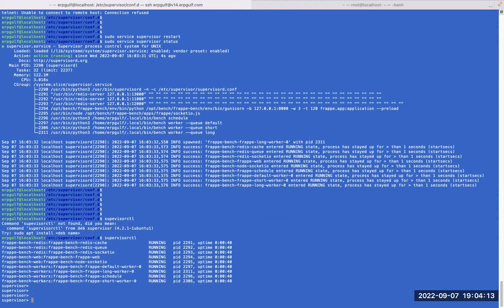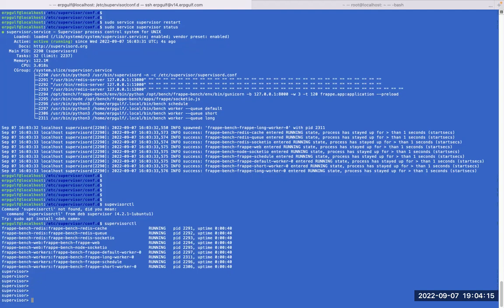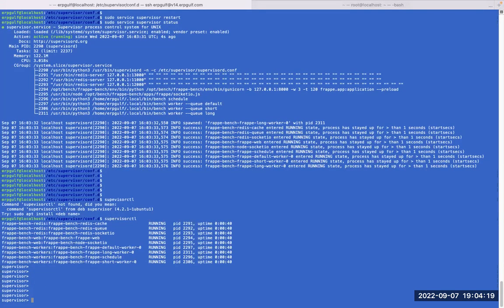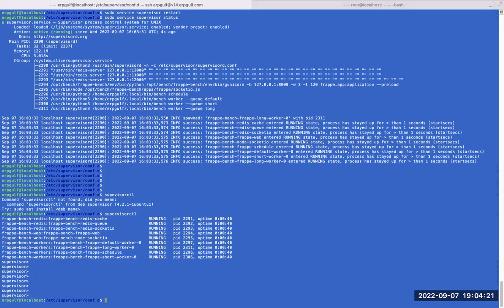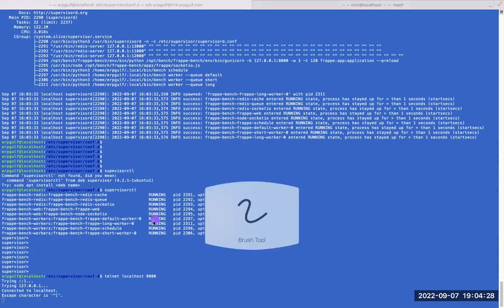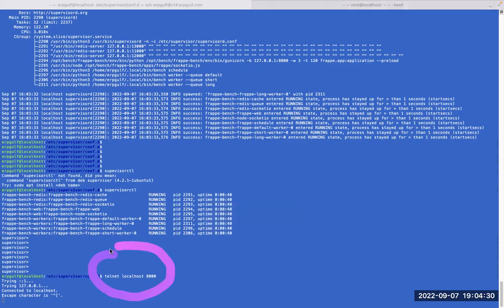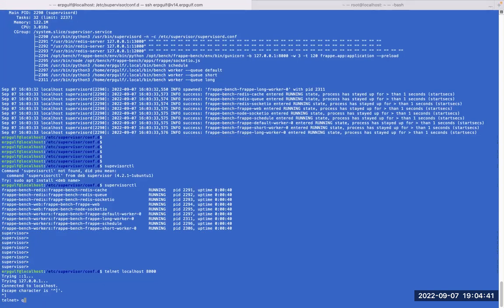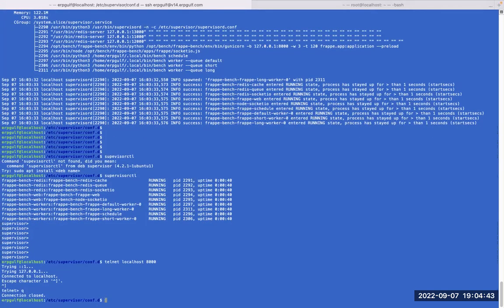There's a command that will give you all the information: how many processes are happening, what is happening. If you need that much detail, you can get it from supervisor control. So when supervisor is running, if you telnet into localhost 8000, you will see this port is open. But from outside, no. The security part will come, because we don't need to allow people to access directly into this 8000